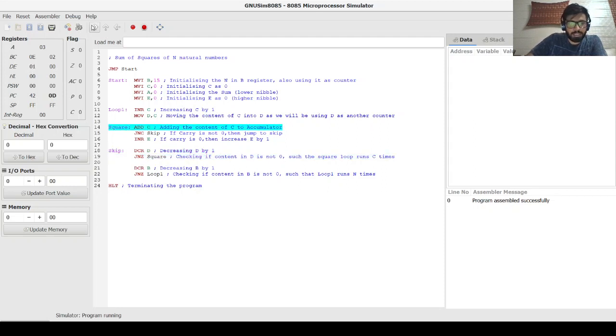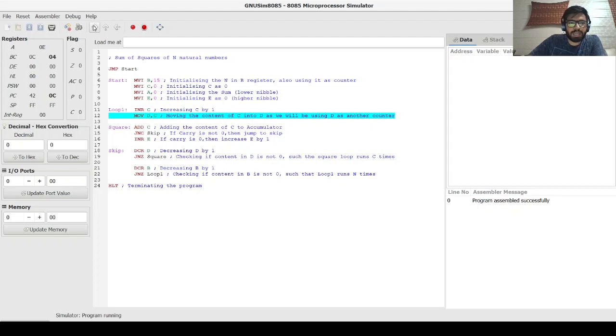As we will see, this loop will be processed 2 times, as the value of C was 2. As this has been processed 2 times, now we will see for C equals 3. As you can see, this loop will be processed for 3 times. Now the value of C will become 4.